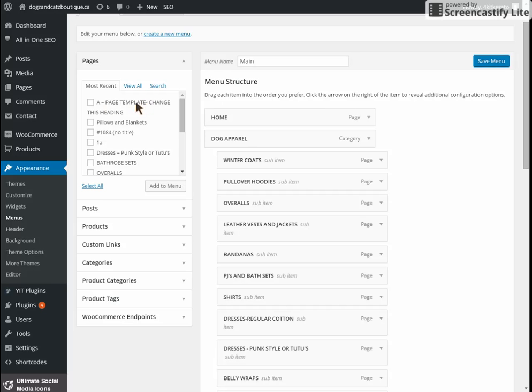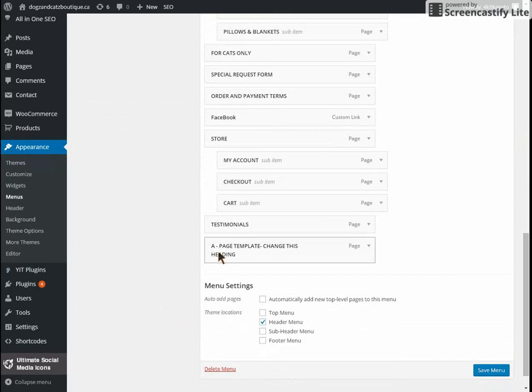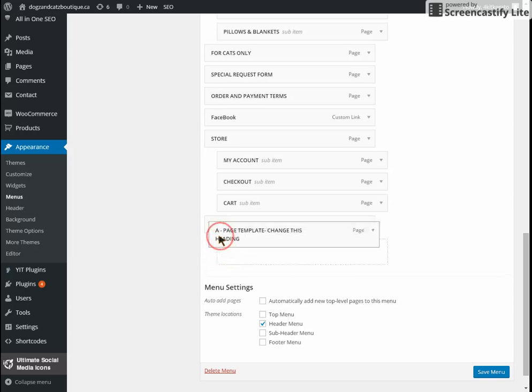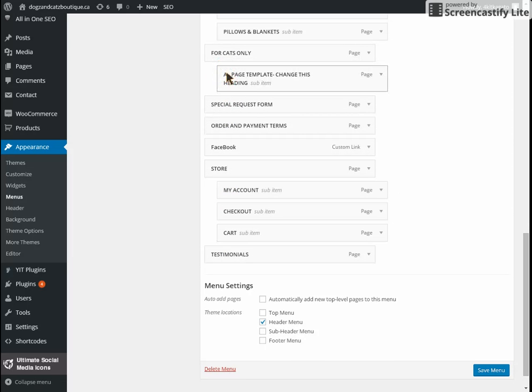So let's say I wanted to add this page right here, called a page template, to our menu. You would simply click the box here and say add to menu. That will push the page right back to the bottom, and then you decide where you want to put it on your menu. If you want to put it under, say, for cats only, you take it and you'll see it turns to a crosshair, and you drag it up under there, and you'll see that it becomes a child of